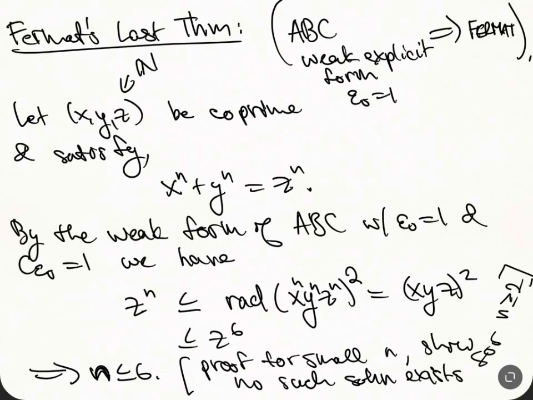But this is the point: even this basic statement here gives us this other statement about non-existence. As we recall, Fermat's last theorem says that there's a non-existence of solutions of this equation for n bigger than or equal to 3. Sorry. And that's kind of the basic things of ABC.